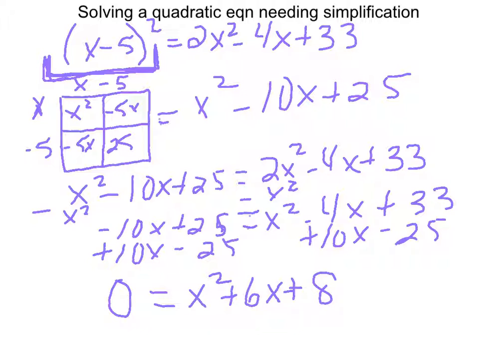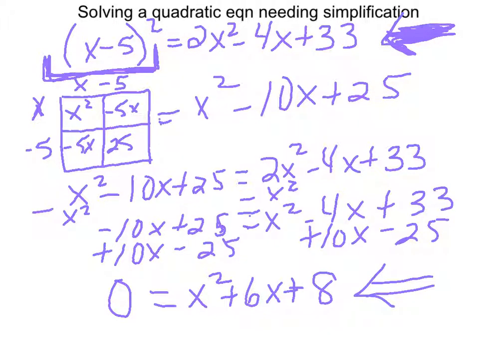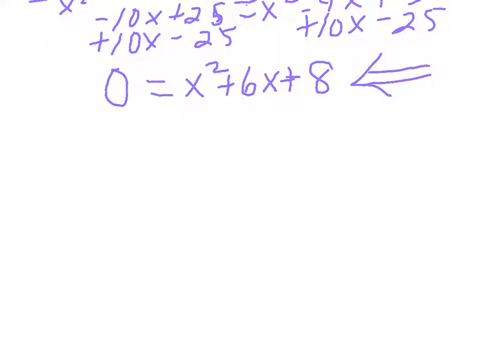Cool. So this ugly looking original equation that they gave us is now something a lot simpler, and it's actually doable. So I say that we start by looking to see if we can factor this. Let me slide this up. What times what gives us 8? We have 8 and 1, and 4 and 2, and look at that, 4 and 2 will add to give us 6. So 0 equals x